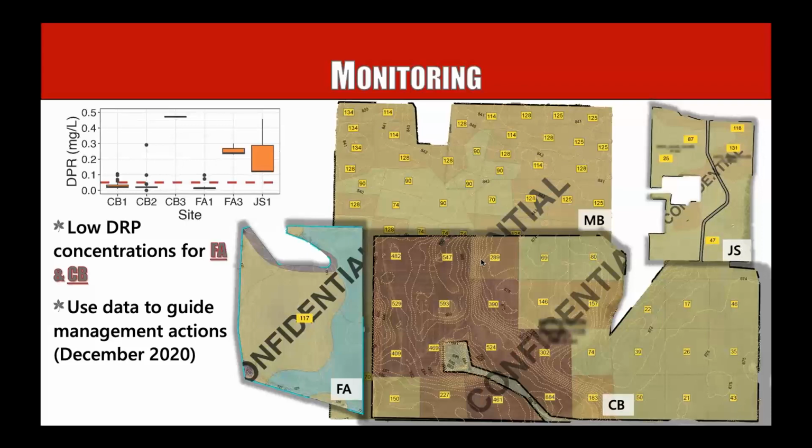You can see in that field map, some of those concentrations are north of 500 milligrams per kilogram. And then if you look to the right-hand side, the fields JS and FA, you see relatively higher concentrations of phosphorus. So those locations, we probably do need some type of management to be put in those fields. So our plan is to use these results to guide our management actions. We're going to revisit that at the end of this year to see what we want to install, or if we want to install practices next year.